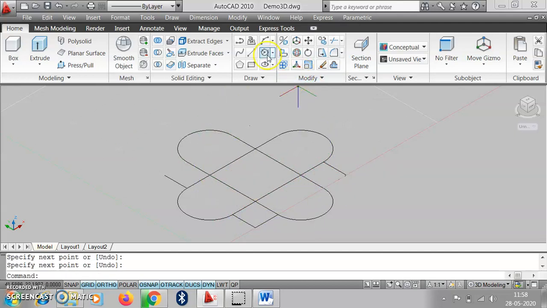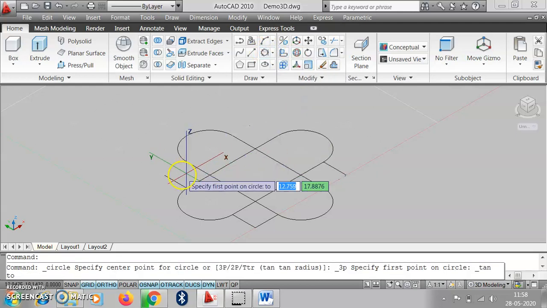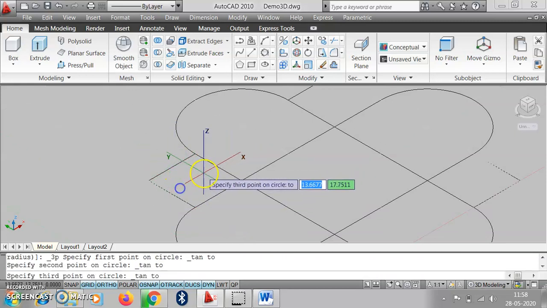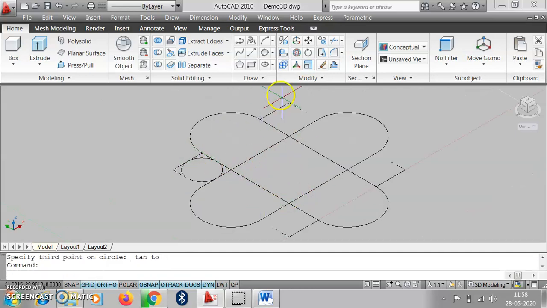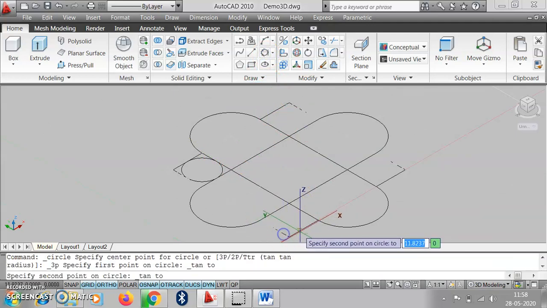With the help of the tan command, we take these three as tangents of the circle. So we take the first one and this third one. In this way we can draw circles using the 3 tan command.